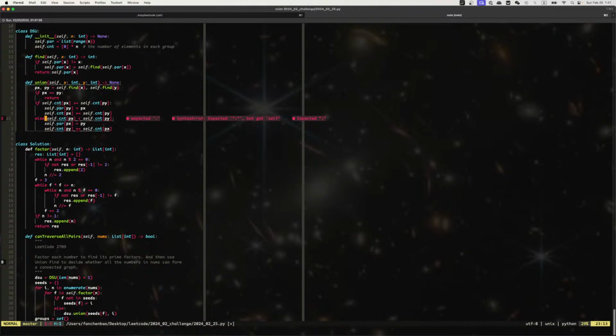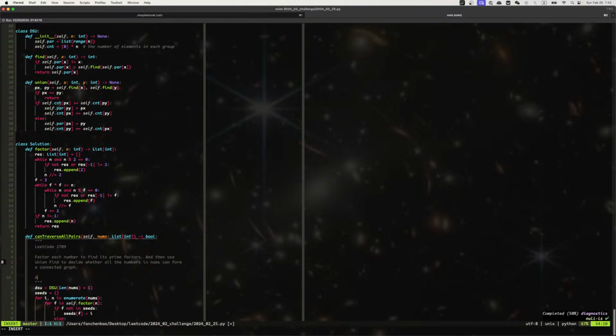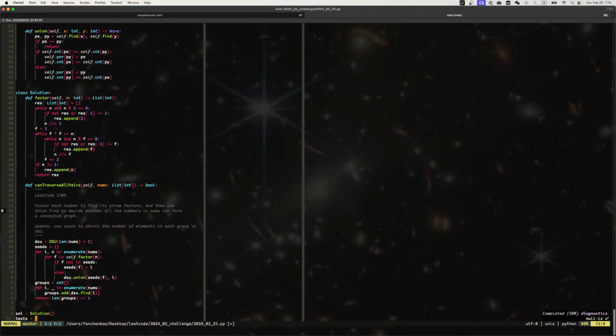Yep, that's true. So I can say CT this. Okay, and then this is fine. We keep this, and also update, right? Use count to obtain the number of elements in each group in DSU. And I think everything's the same, except at the end, what we need to do is just return